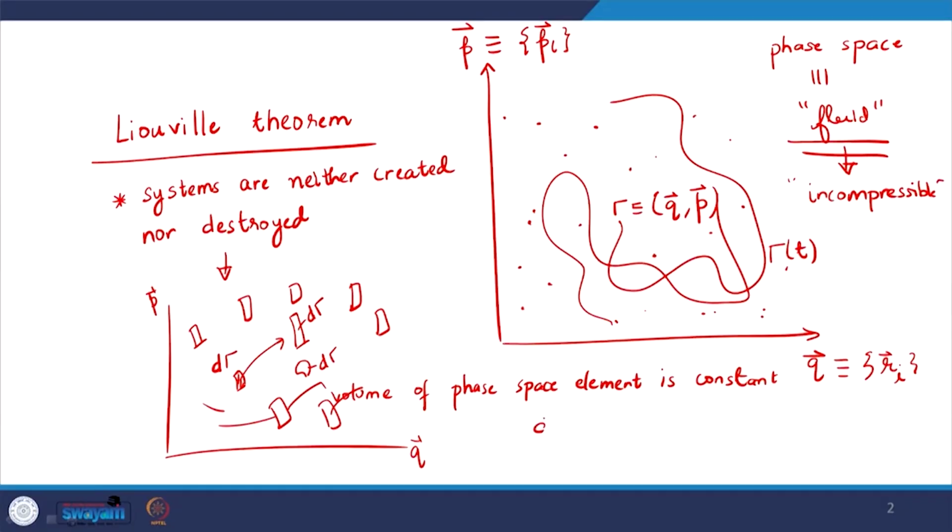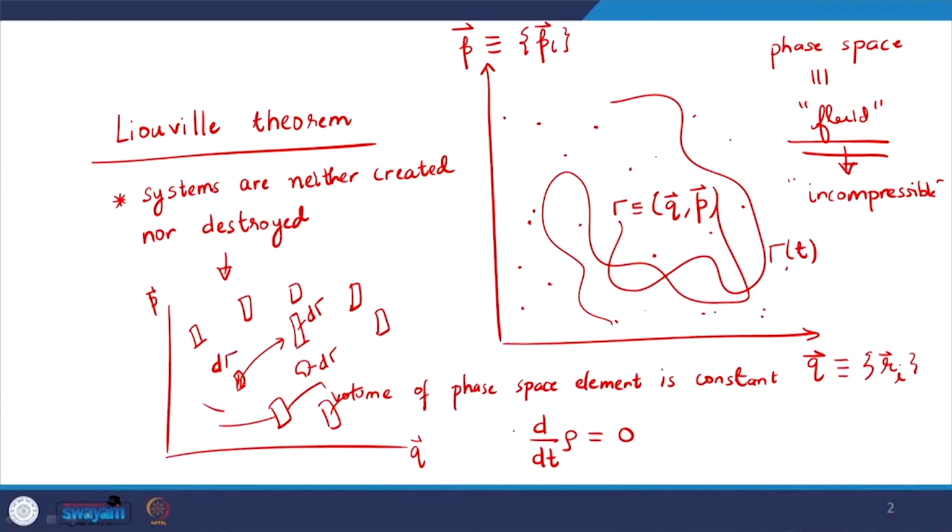Mathematically speaking, this means the condition that the total derivative of rho is equal to 0, right, and that is true regardless of whether we are at equilibrium or not. It has nothing to do with equilibrium. This is simply coming from a standard principle in classical mechanics. There is no thermodynamics involved in whatever we have discussed in Liouville's theorem. Now, this total derivative d by dt